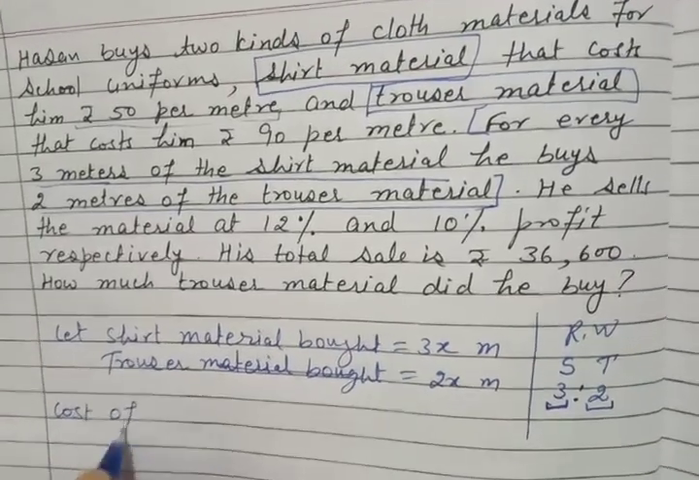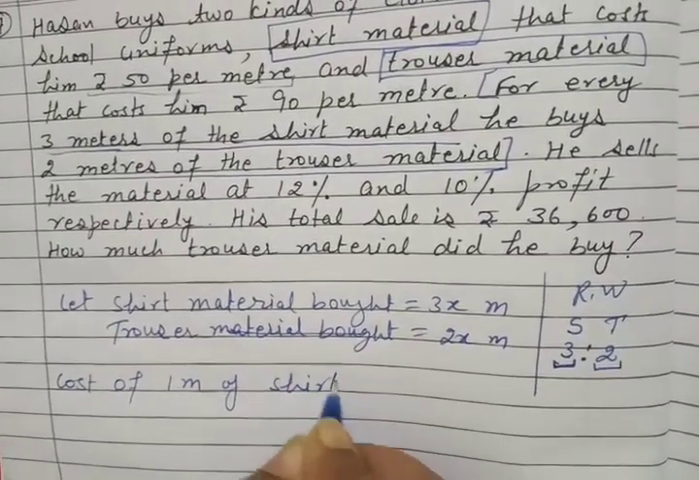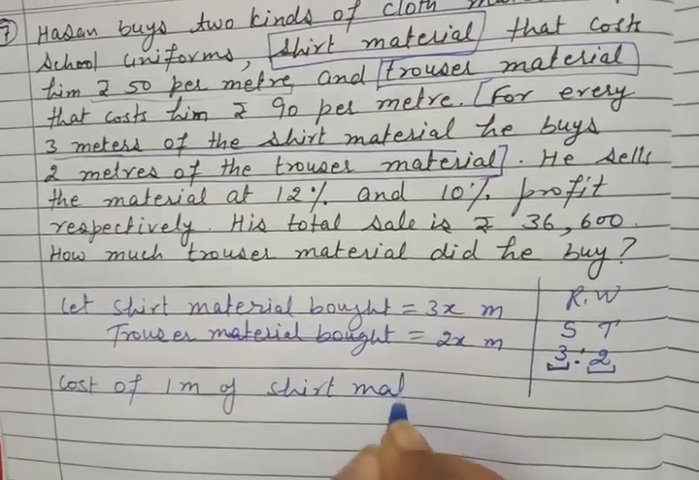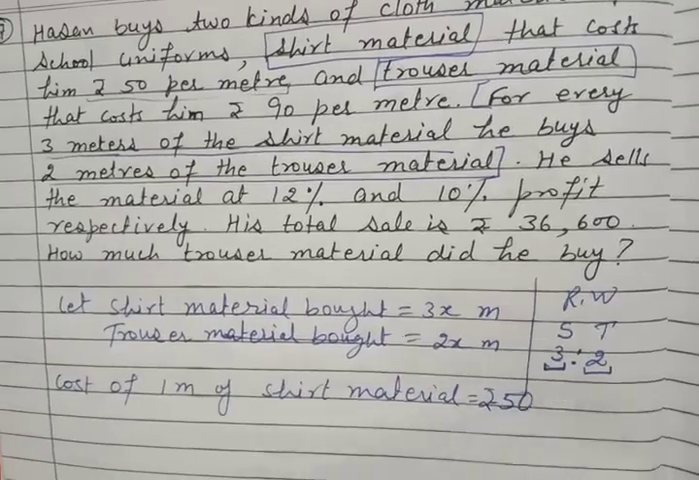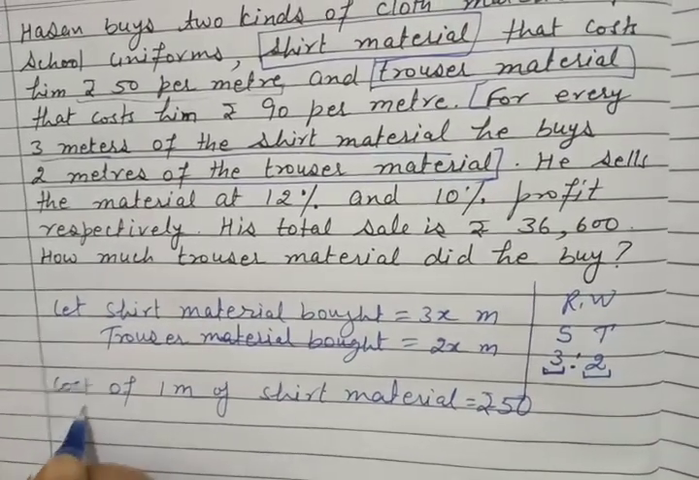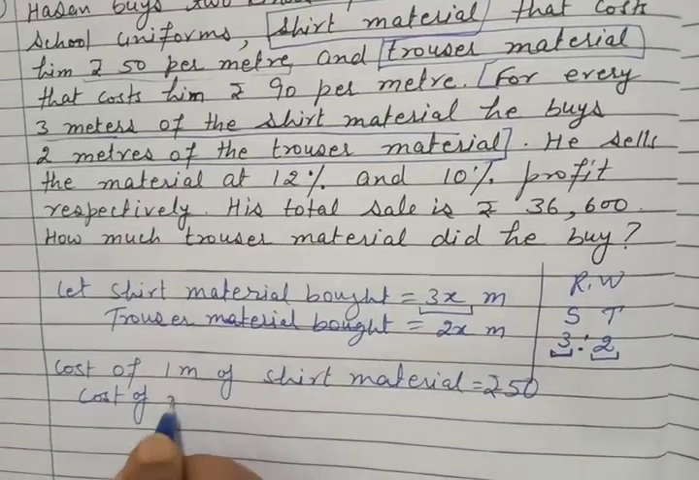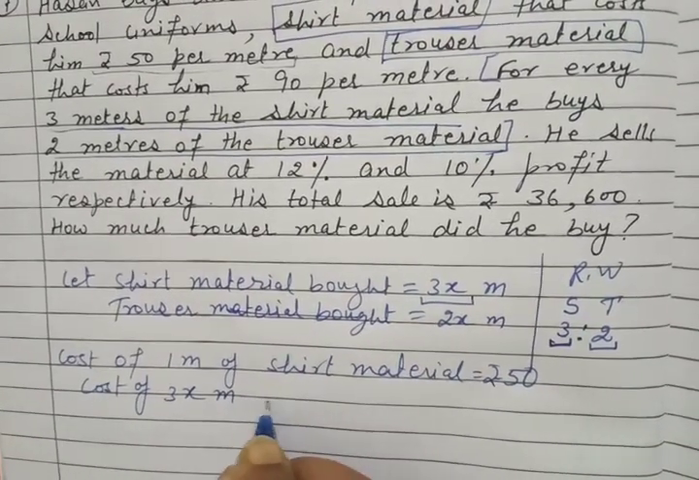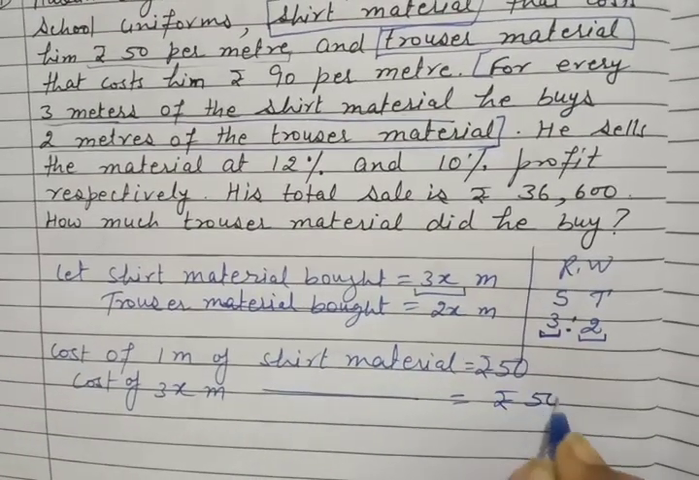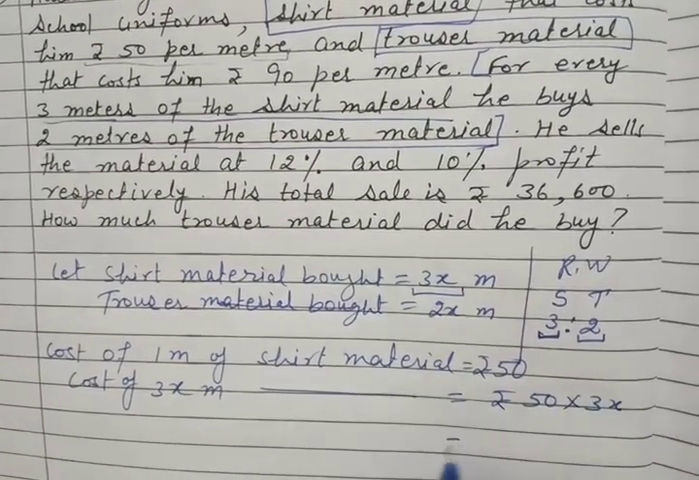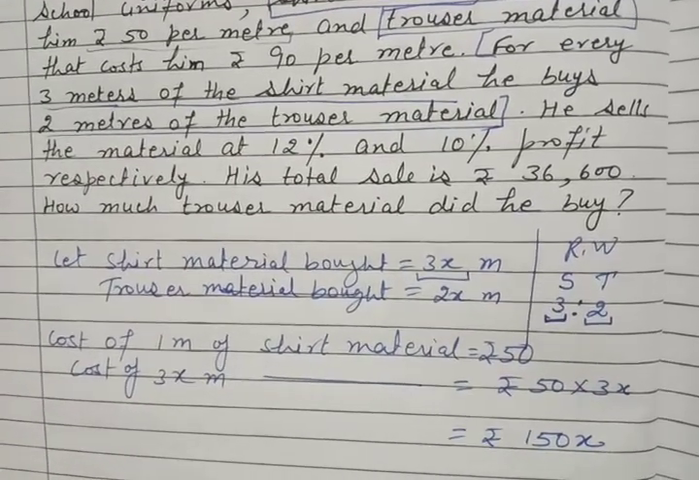cost of 1 meter of shirt material is equal to rupees 50. So cost of 3x meters, I am not writing this line, you can write rupees 50 into 3x, which is equal to rupees 150x. And similarly,